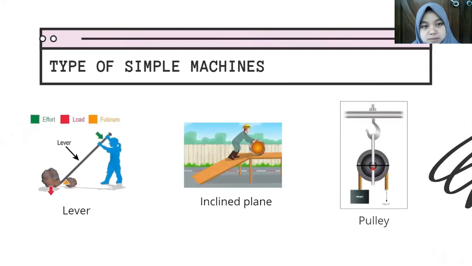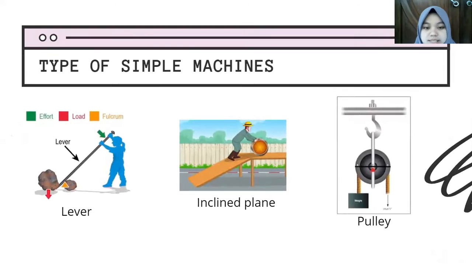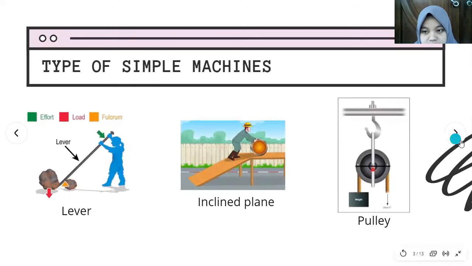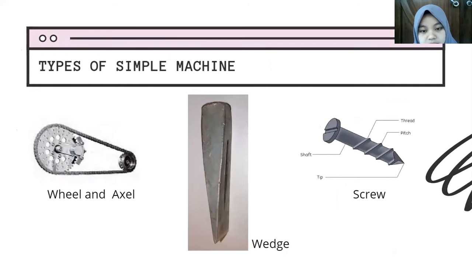So how many types of simple machines are there? There are six types of simple machine. The first is lever, the second is inclined plane, and the third is pulley. The next is wheel and axle, and then wedge, and the last is screw. So for the first, I will explain about